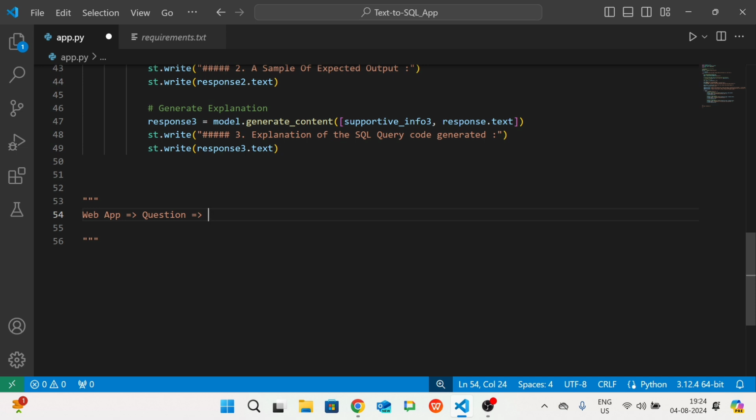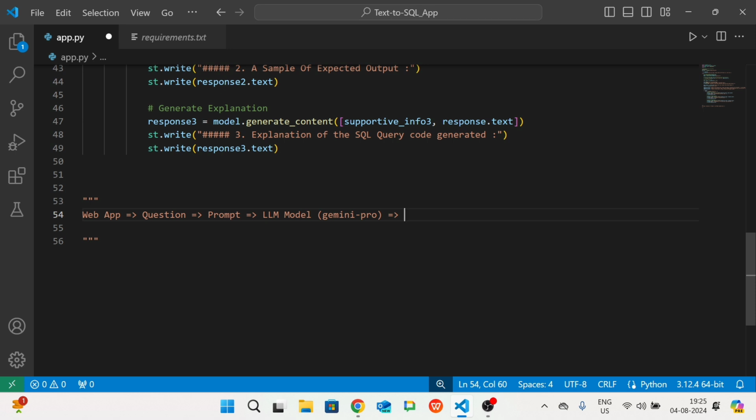After that, what will be happening? The user comes with the question, and the question will be passed in the form of a prompt, and that prompt will be passed to the LLM model. And that LLM model is the one we are using here, the Gemini Pro. Okay. Then what will be the further flow?